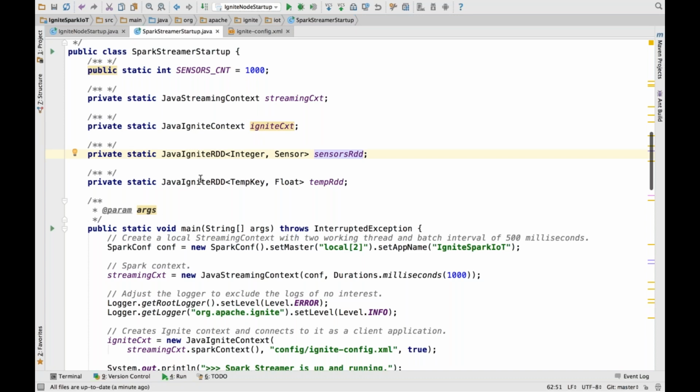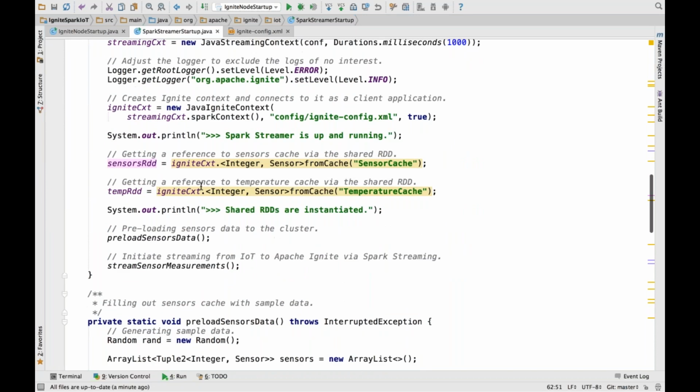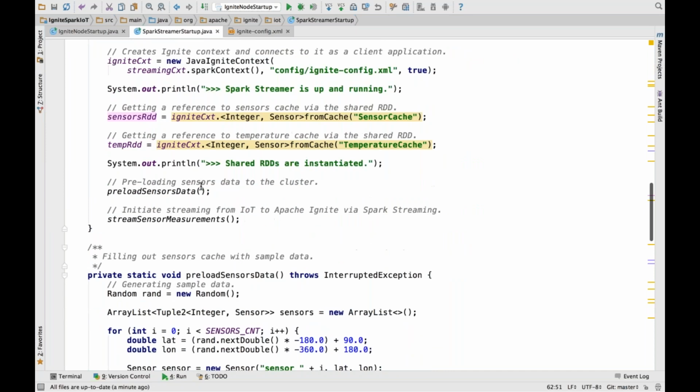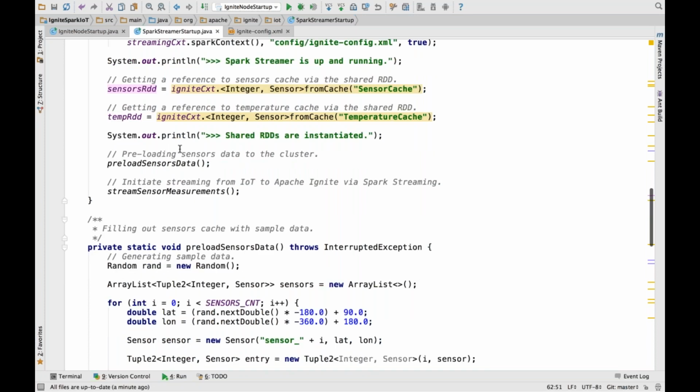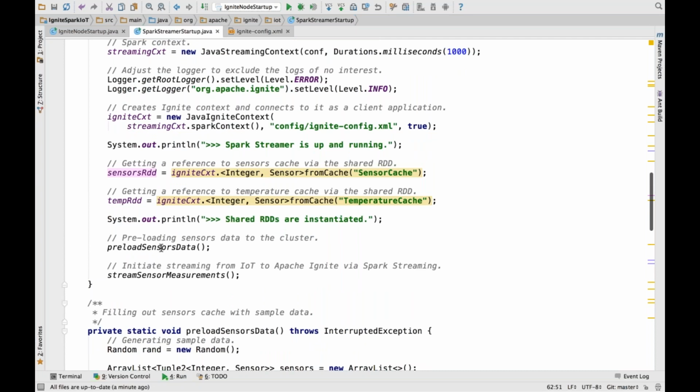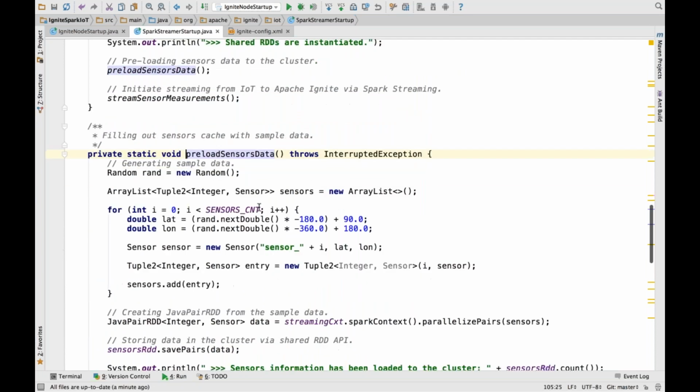Java Ignite RDD is our shared RDD. That RDD implements all the API supported by Spark RDDs, and also provides something new, like special methods for SQL query execution.